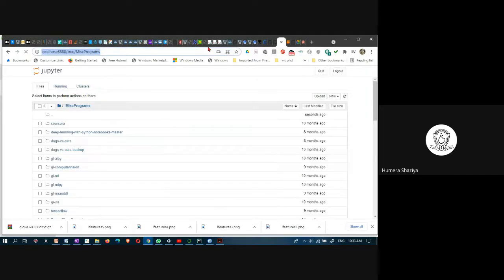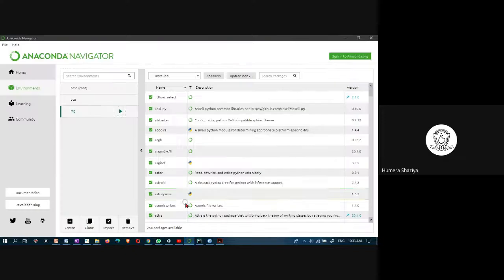This is my local Anaconda. I have installed Anaconda in my local machine, in my laptop, and this is the navigator, and I have these environments I have created. You go to environments, and in the beginning when you install, you will have only base or root. When you select that base or root, you get this small arrow. You tap on that and then open with Jupyter Notebook. Select this fourth option, open with Jupyter Notebook.